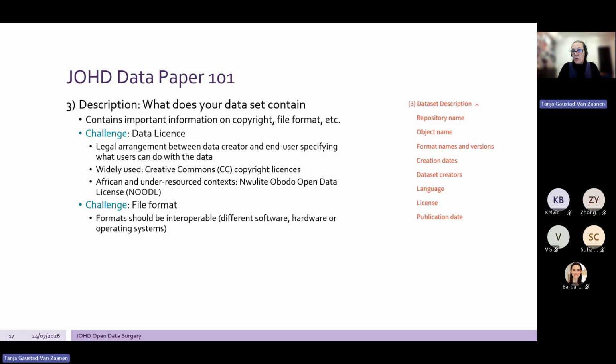And one of the most widely used family of copyright licenses is Creative Commons. So there's various flavors in there, there's a whole website that details all the different ones that you can use. And you just have to make sure that it actually works with your data and what you want the user to be able to do with it.